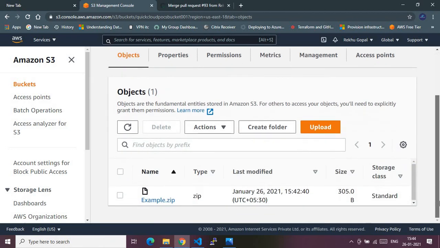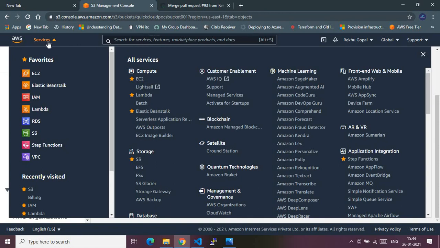So here you go. The example.zip file has been created inside this S3 bucket. And this zip file will be used by our Lambda functions. Okay, yeah. So now let me take you